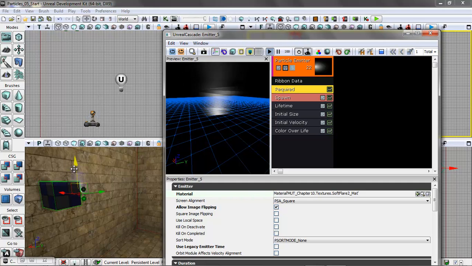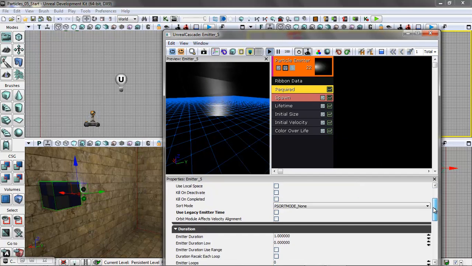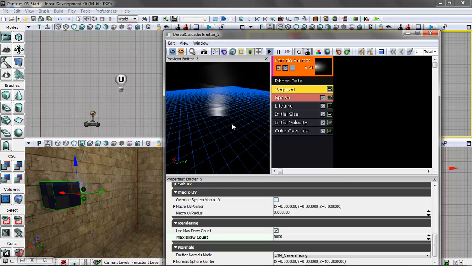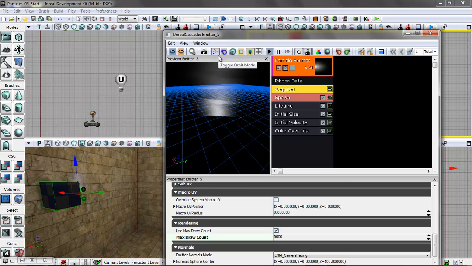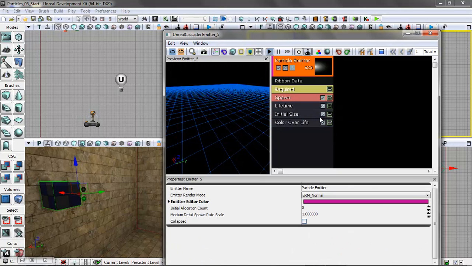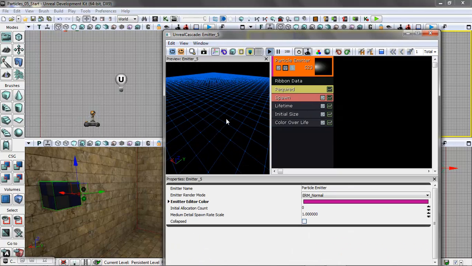So at this point we want to change different items. If we go further down than required, right now the max draw count, which is how many particles exist, is at 500. If we increase that to 5,000, that should increase the density of the particles and get them to look a little bit more realistic. The other thing to do is to delete the initial velocity module, which is going to make everything look like it disappears. If I undo that and put it back, the one thing I can show you is